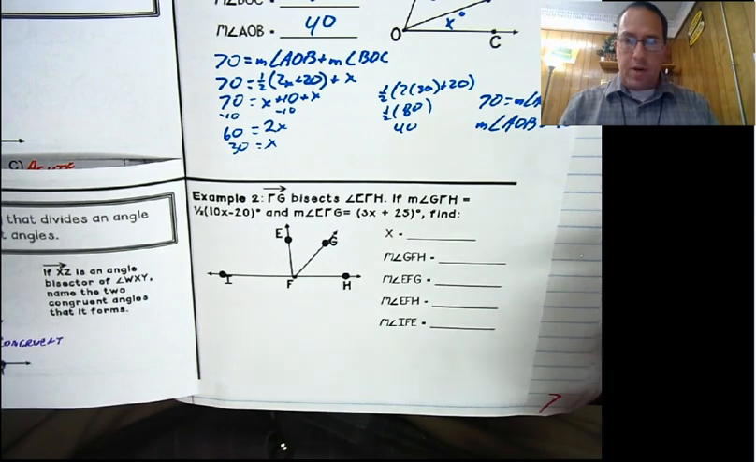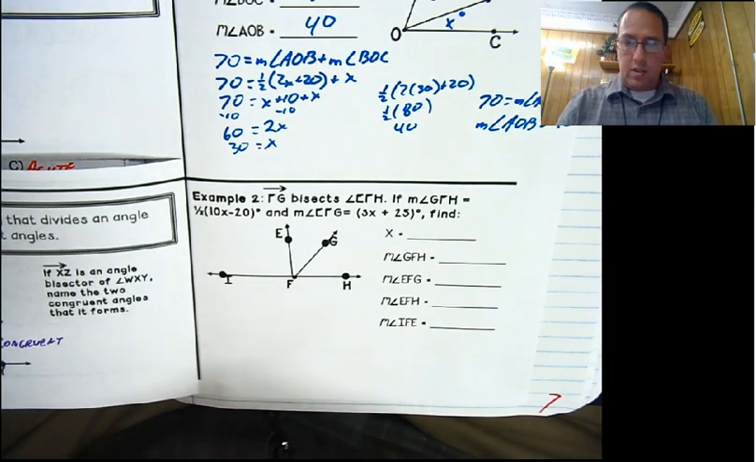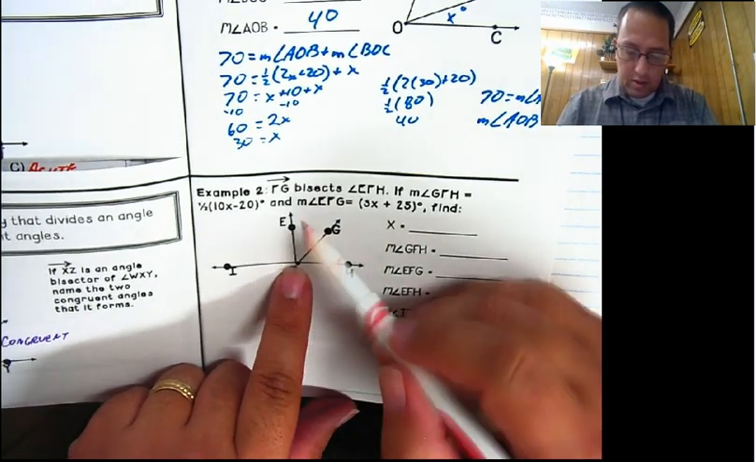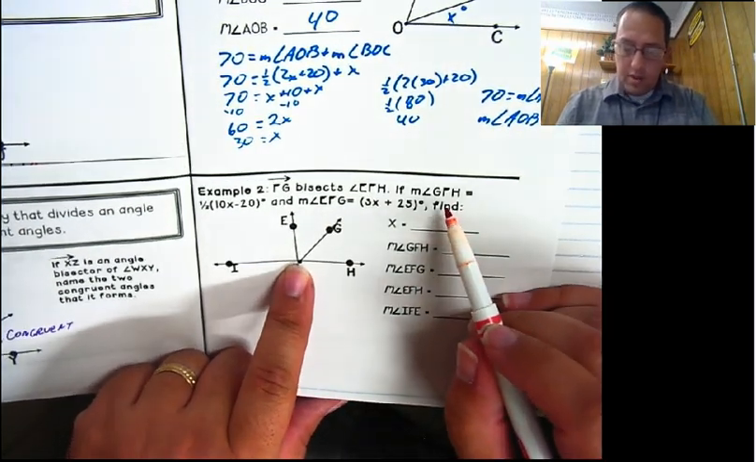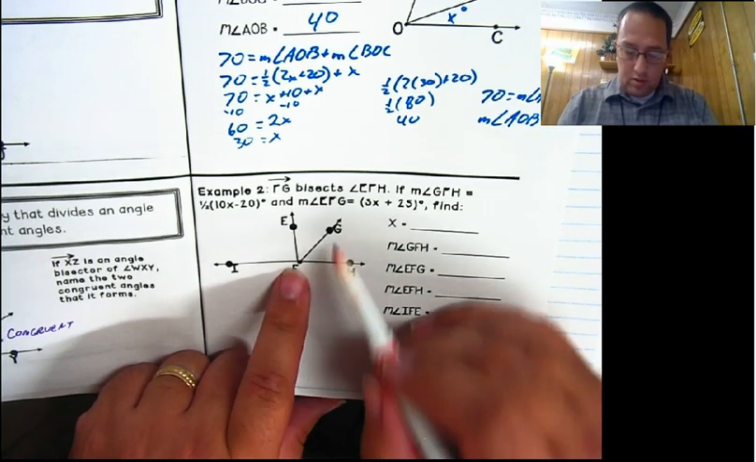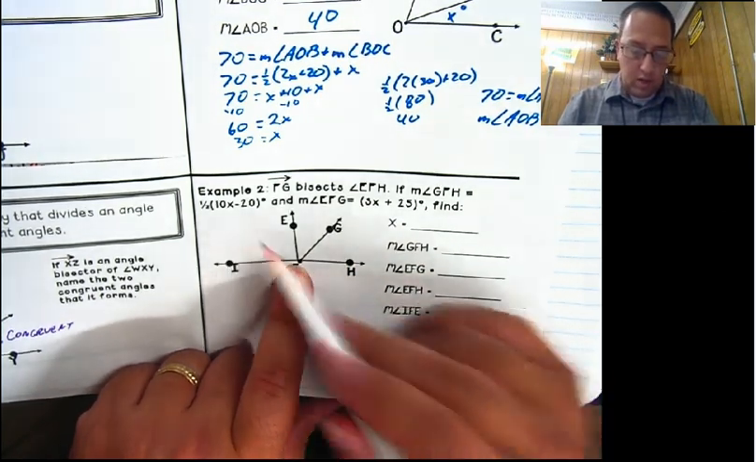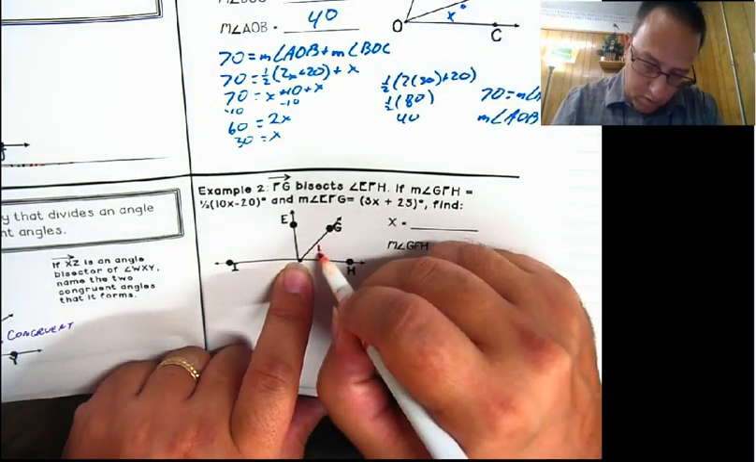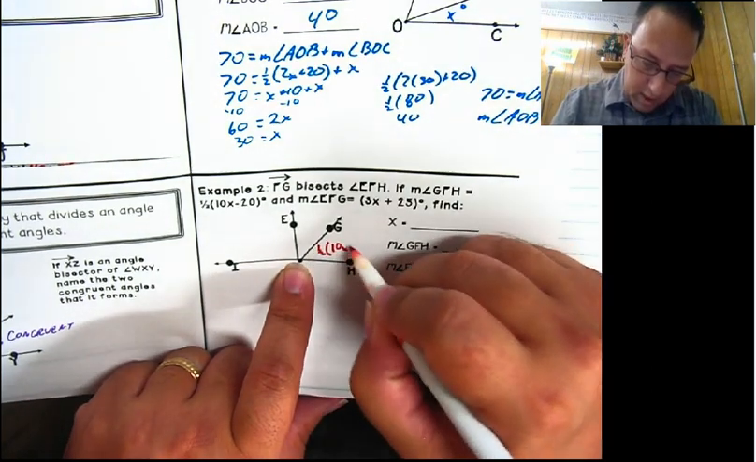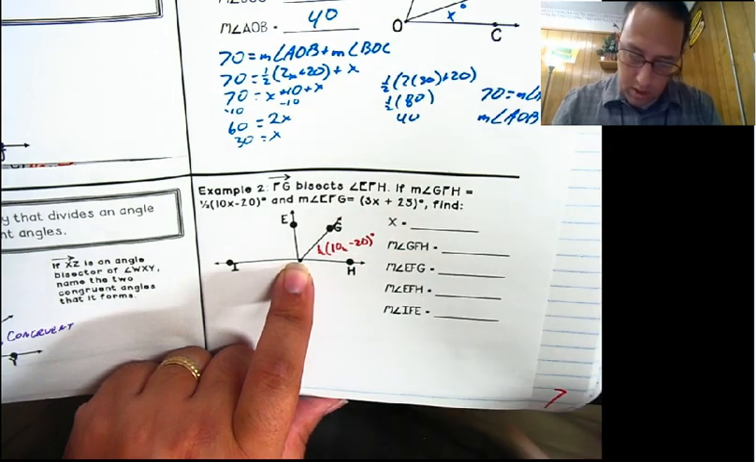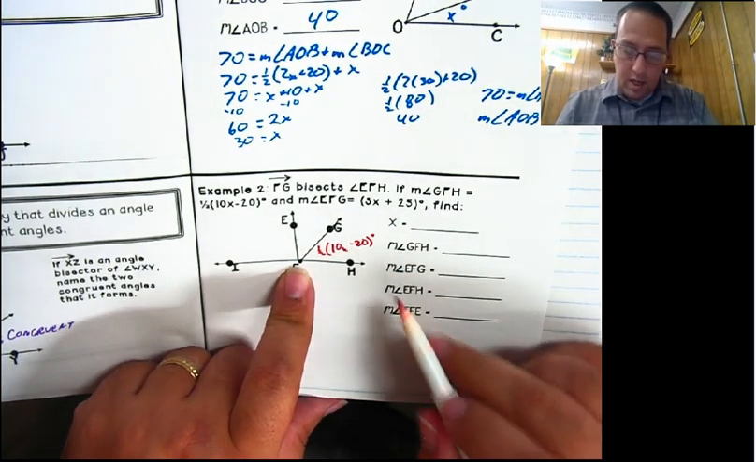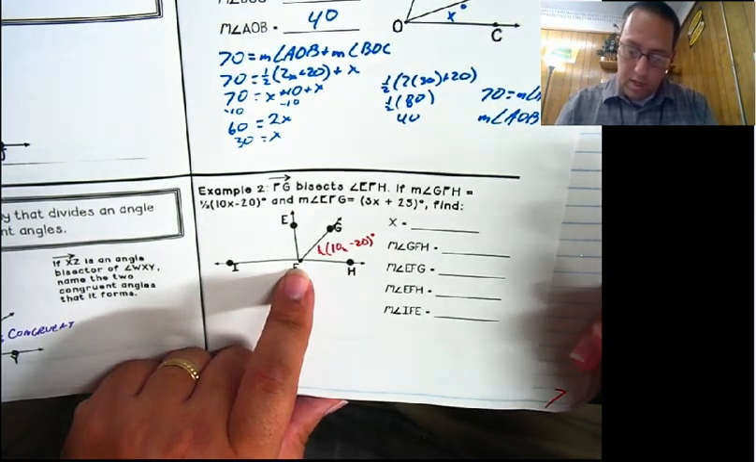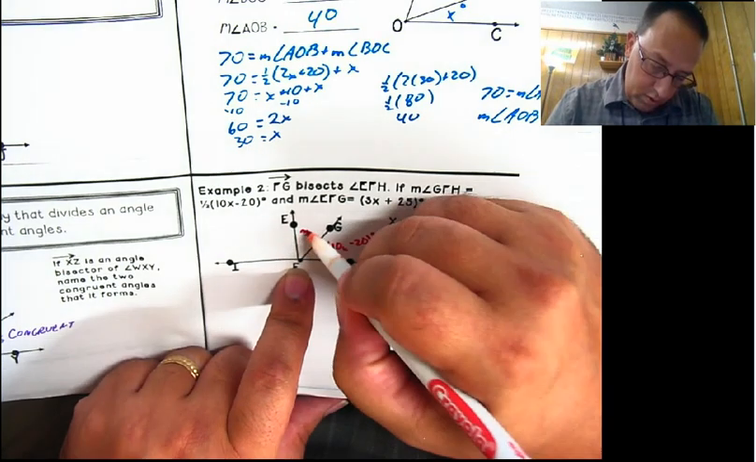Ray FG bisects angle EFH. Okay, so FG is this one. It bisects angle EFH. If the measure of angle GFH, this one right here, is 1/2 (10x minus 20), let's put that down here, 1/2 (10x minus 20) degrees. And the measure of angle EFG, this one here, is